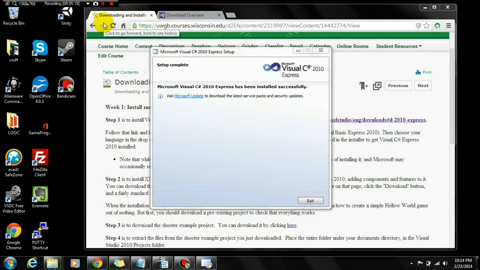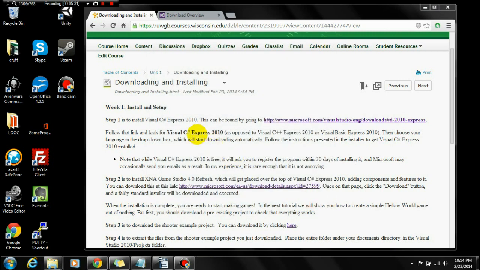Okay, now we are actually done with setup. We should get this message: Microsoft Visual C# 2010 has been installed successfully. Once you see that, you know that you have completed that step correctly. So just go ahead and click exit, and you can move on to step 2, which is to install XNA